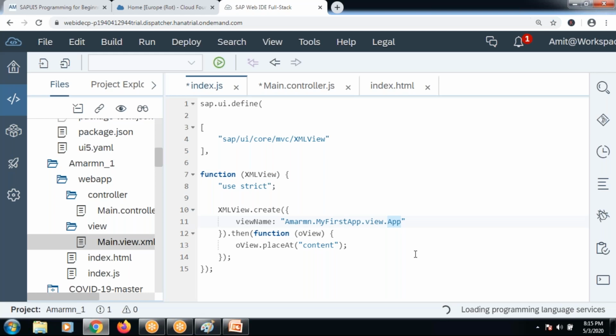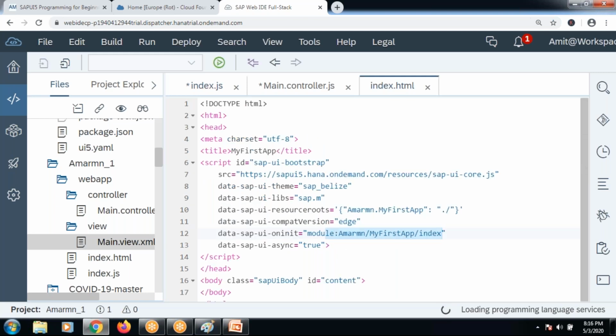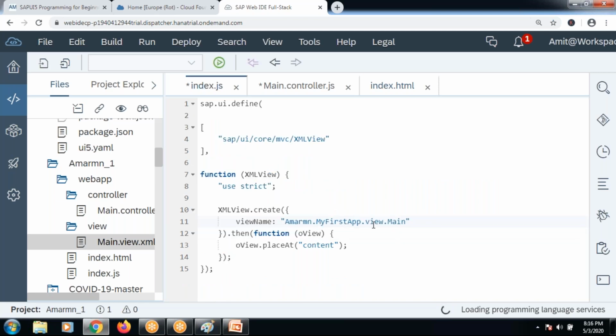So I need to change this to main. All right, and I need to also take care of this namespace. If in case I have not written the namespace correctly, then I need to take care of that thing also. So I will try to change all these things later, but I'm just trying to explain you these two files at this moment. So we got this XML object. With the XML object, we use a create method, and I'm creating a view, and then I'm passing this view